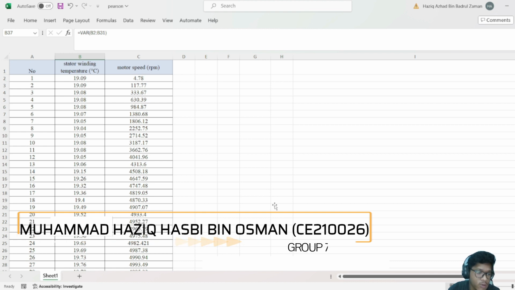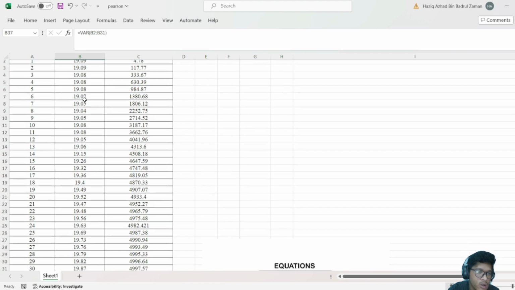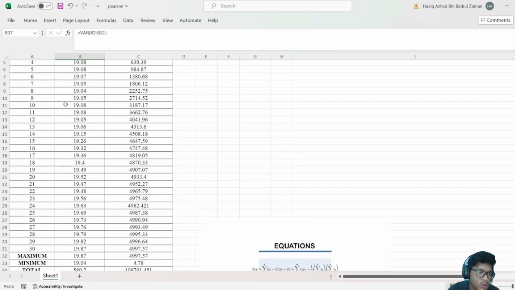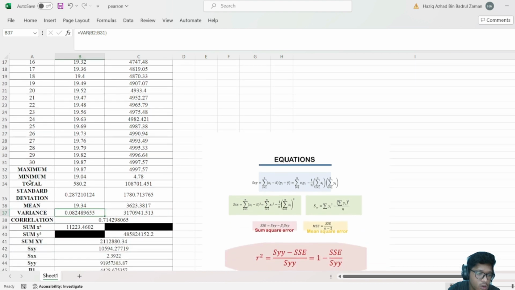My matric number is CE21026. Today our group will present for our engineering statistics project. We are from group 7 and our lecturer is Dr. Surayahani Binti Suriani. So this is our data, which has 30 sets of data. So first,